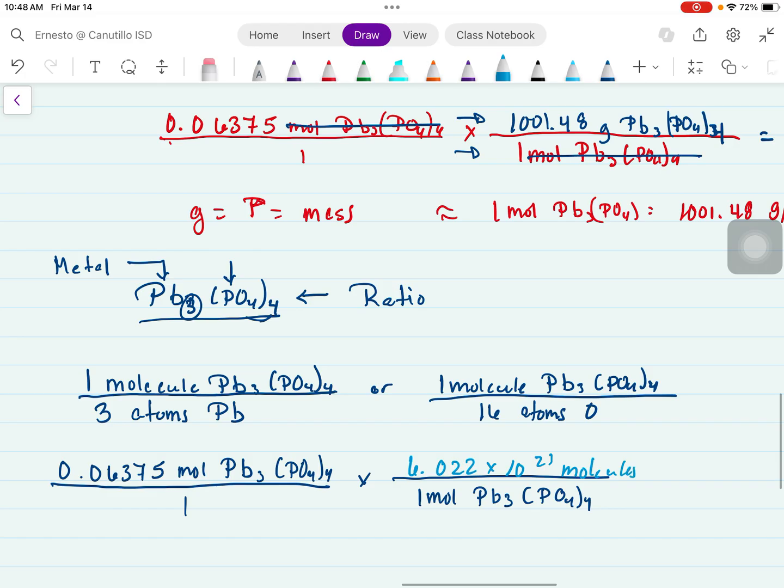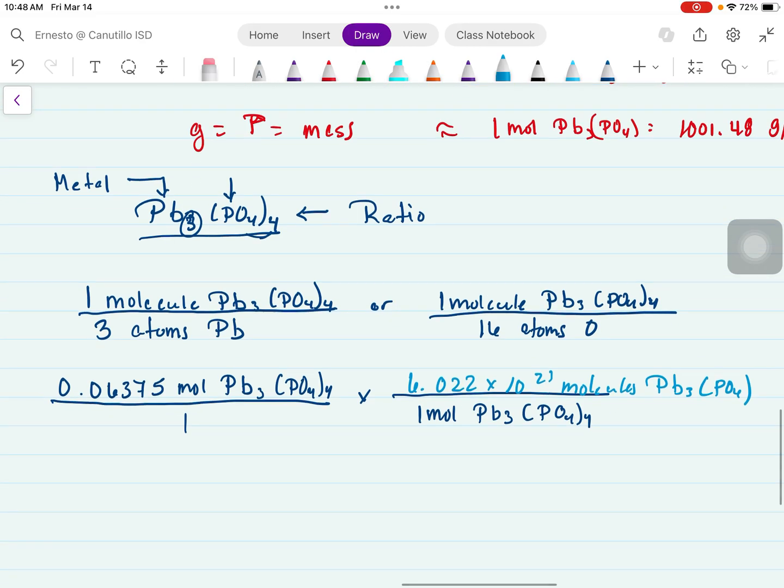Now you use Avogadro's number. Once we have that set up, that's going to cancel. I'm going to multiply straight across, divide at the end, and you'll end up with this answer: 3.839 times 10 to the 22nd molecules